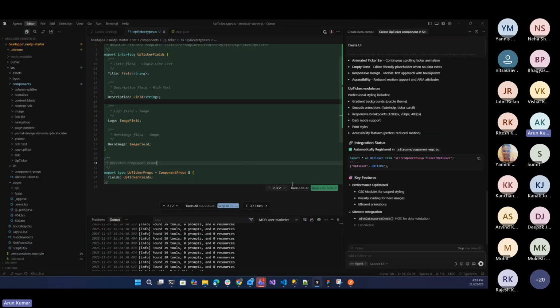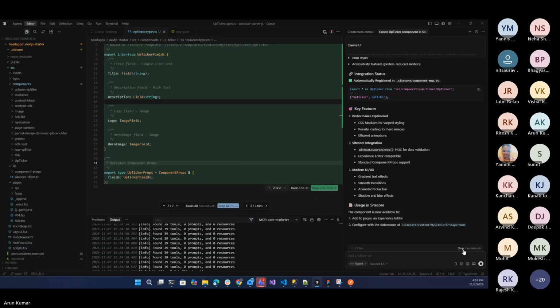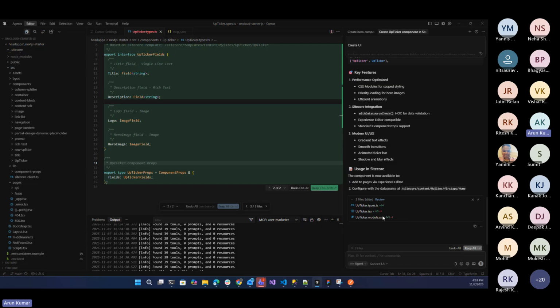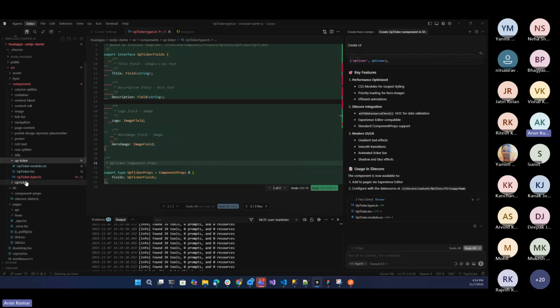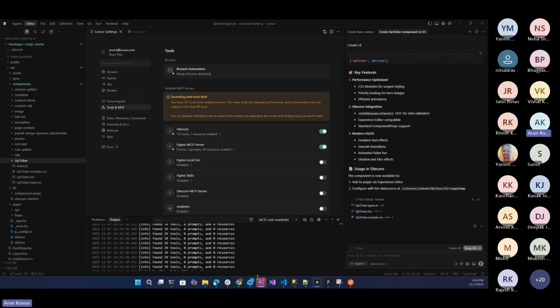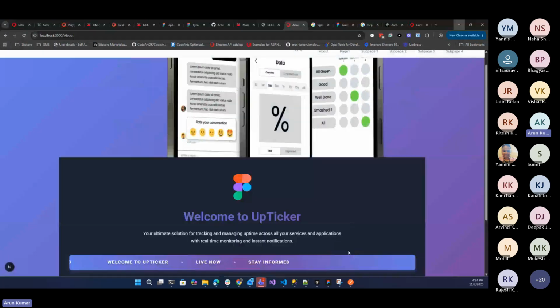So I have already created the same component using these prompts. Let me show you. So this is the component we have created. And if we refresh this page,